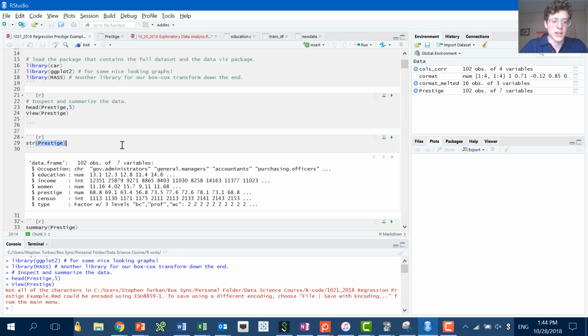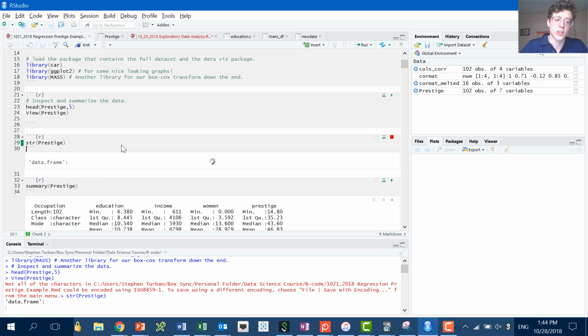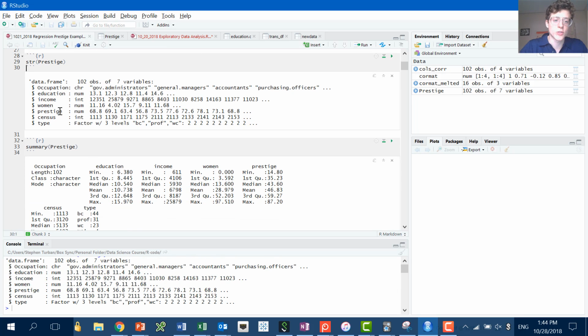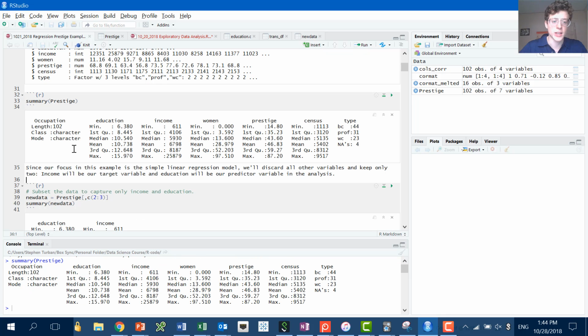Okay. So again, this is another way. STR is another useful function which looks at the first few variables, makes it a little easier for you to see. It tells you what type of variable it is. This is numeric, this is integer, this is a character, or sometimes referred to as a string. And then summary is a good one as well, which I like. Here we go. So education is a type character, so you can't find the minimum or max. But here we go. Education minimum 6 years, max 15 years.